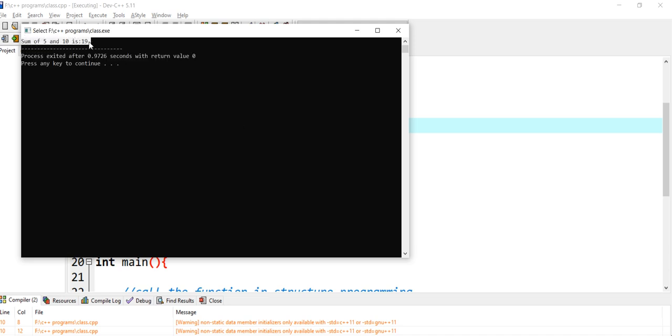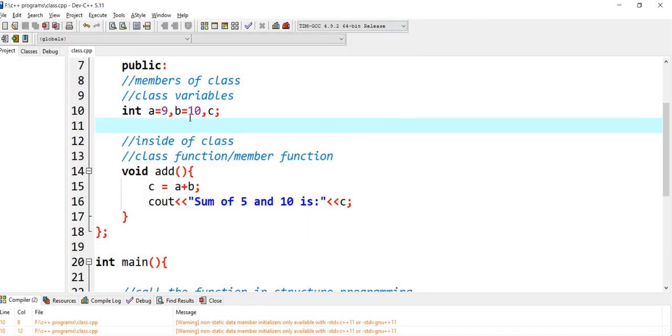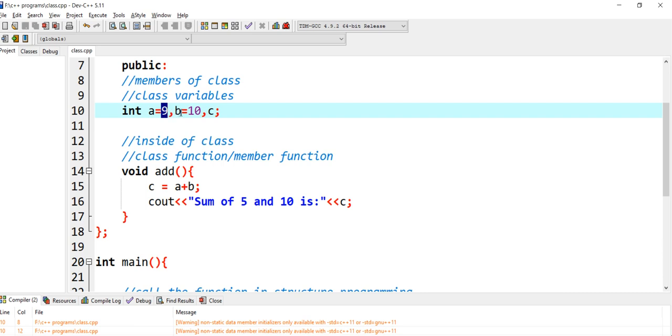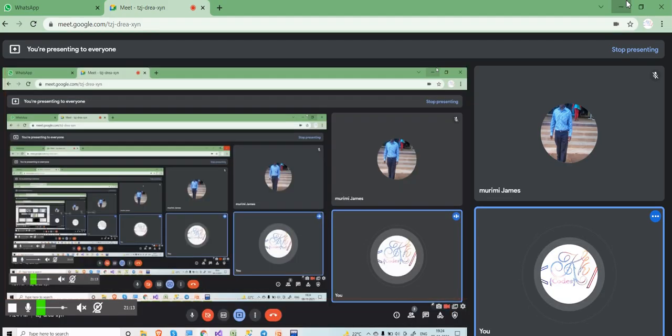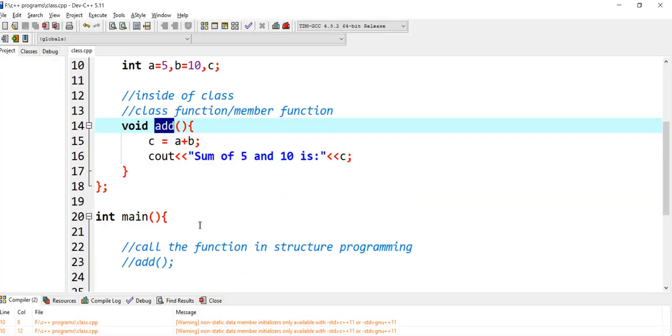Sum of 5 and 10 is 19. Actually we have just provided static values here for now. So this is how we can call a function inside our class. This is a basic example.